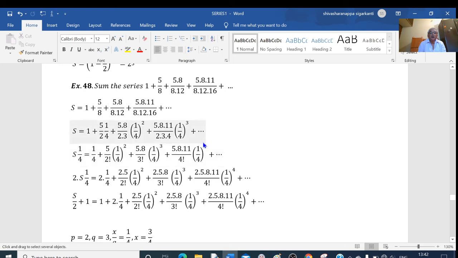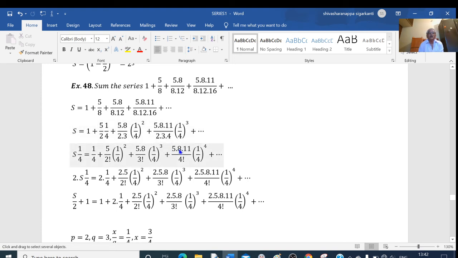So this is okay. Power 4 is there, 4 factorial is there, but I need 4 terms which are in arithmetic progression. These are in arithmetic progression, but I need 4 terms. And here this 3 is there, 3 is there. We have only 2 terms here which are in arithmetic progression. So I need one more term here. Okay, for that what I do here is see the difference between these two. What is the value of q here? q is equal to 3. So I will insert one term at the beginning, one term here.